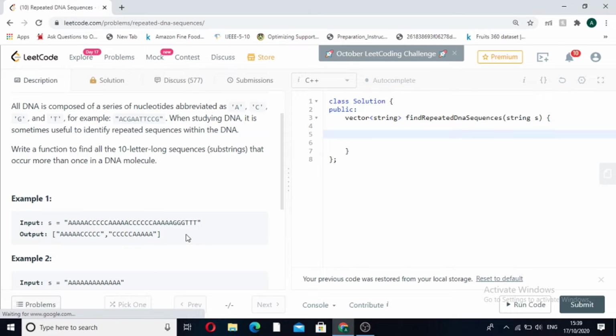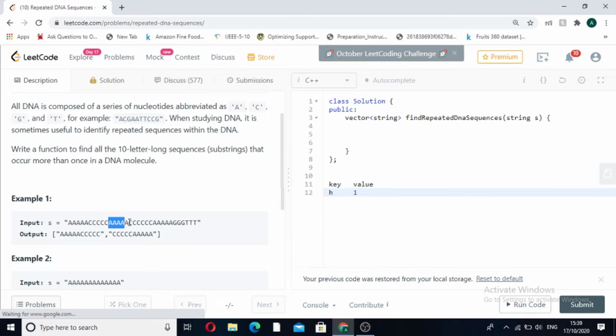We know that we have to find 10-letter-long substrings. So, we will find all the substrings which are of length 10 and add them in a hash map and store their frequency. For example, we take a hash map, our key will be the string and value will be the number of times it has occurred. The first time we get this string, suppose this is H, this H string will be put in the hash map as a key and 1 will be its frequency till now.